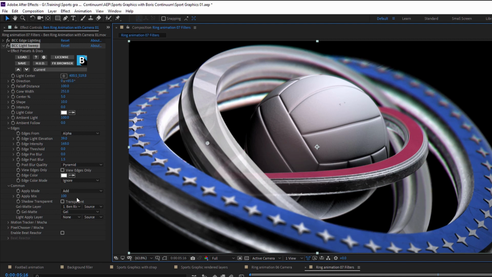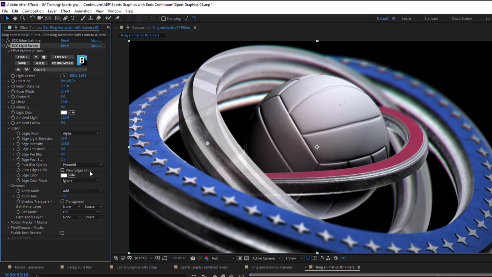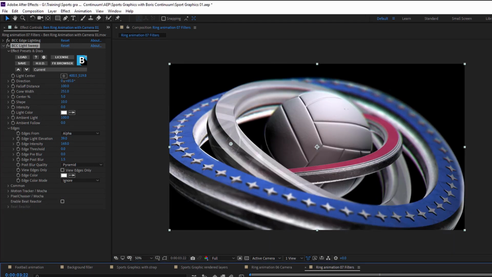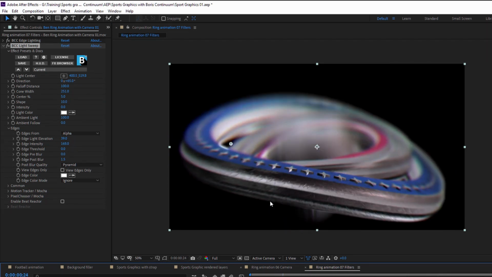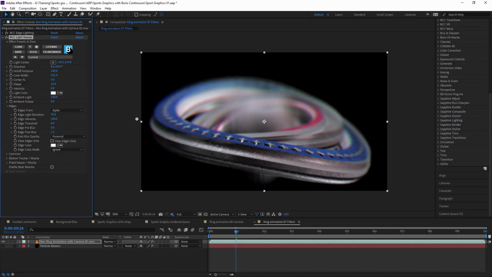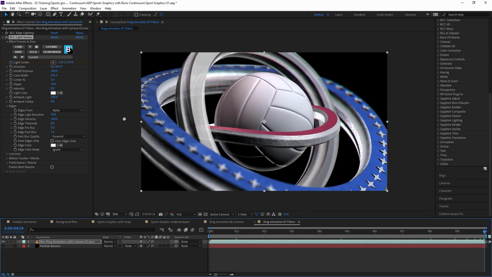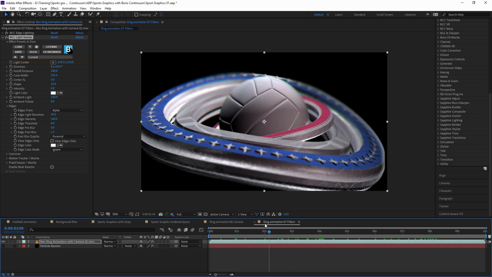So it's taking the colors off of my layer here. I don't really want that for now. I'm kind of happy with just how it is. Let's twirl up Common again and just animate up the edge. So let's take us back to where we come in, which is around about here. Going to bring my light center all the way over. Take one, add a keyframe, come over to the other side and sweep that light over. Just look at what that light's doing. There we go. Lovely. And leave it so we've still got a little bit of light shining in here. Make sure that's doing the work.